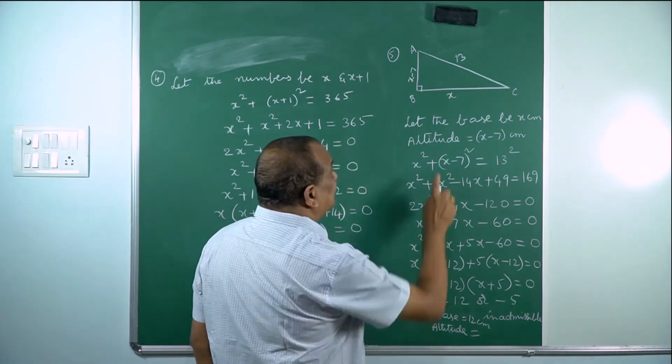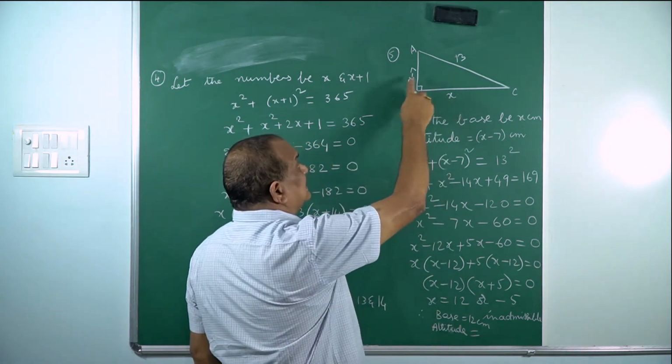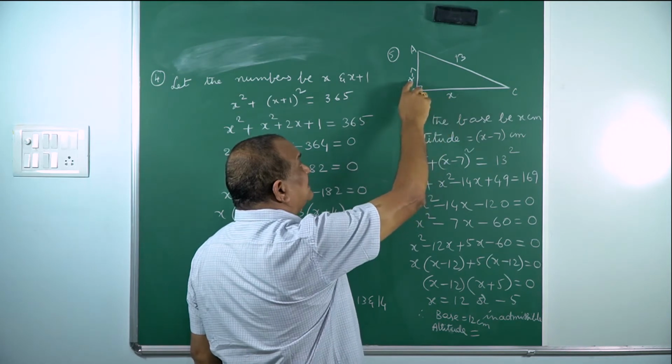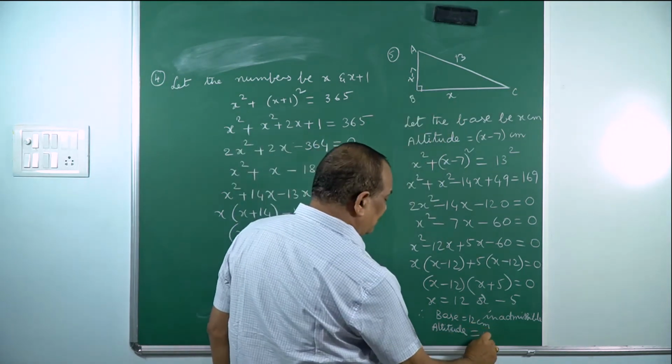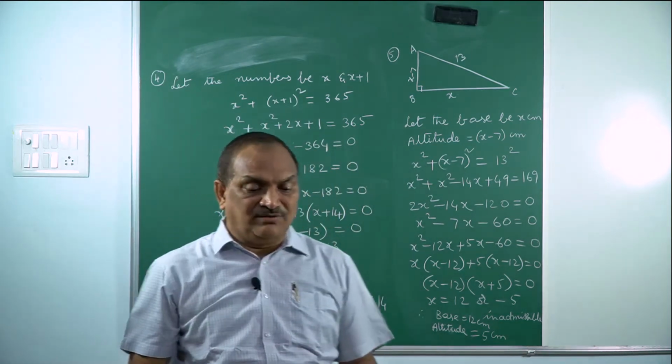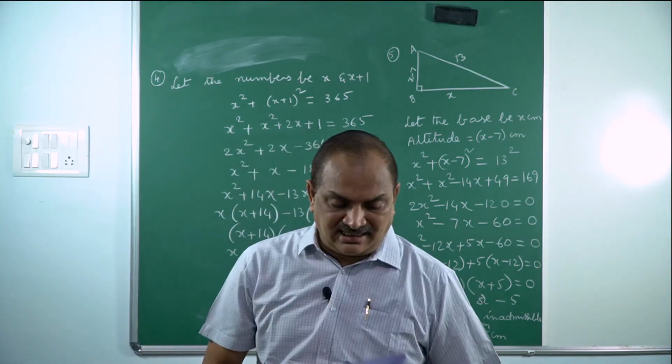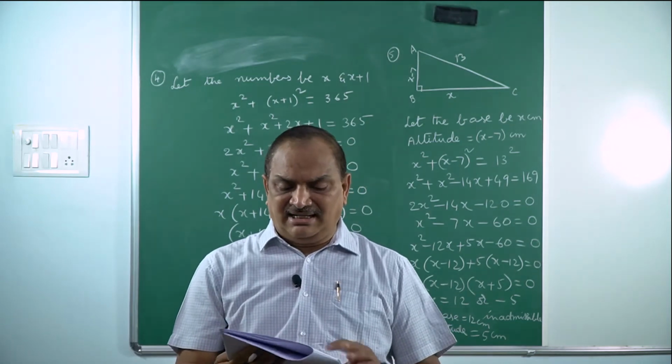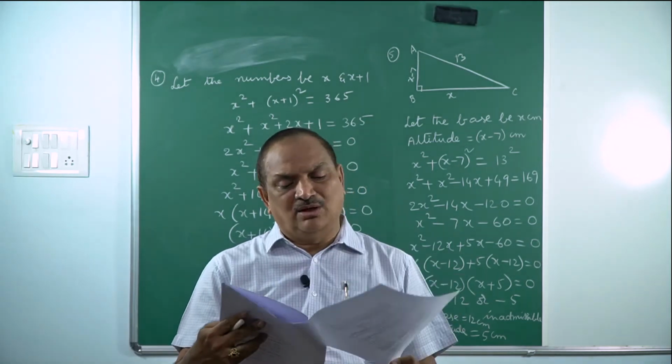Now, how do you do that? This is 12. This is 7 less. 12 minus 7 is here, 5. So, base is 12 and altitude is 5. And that is your right angle triangle, of course. So, having done this exercise 4.2 almost,